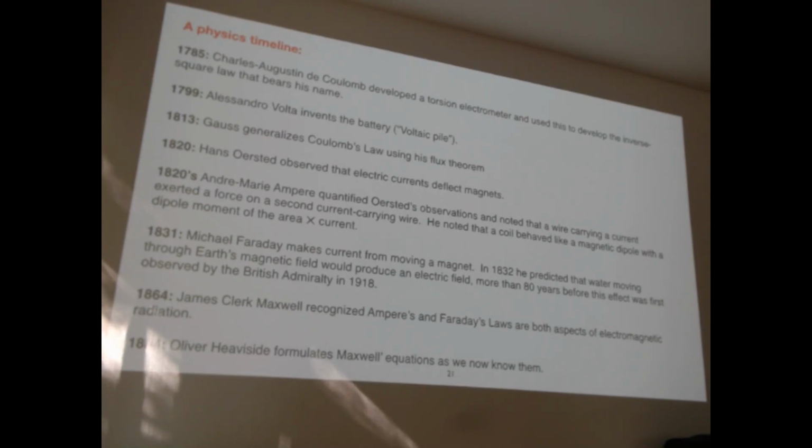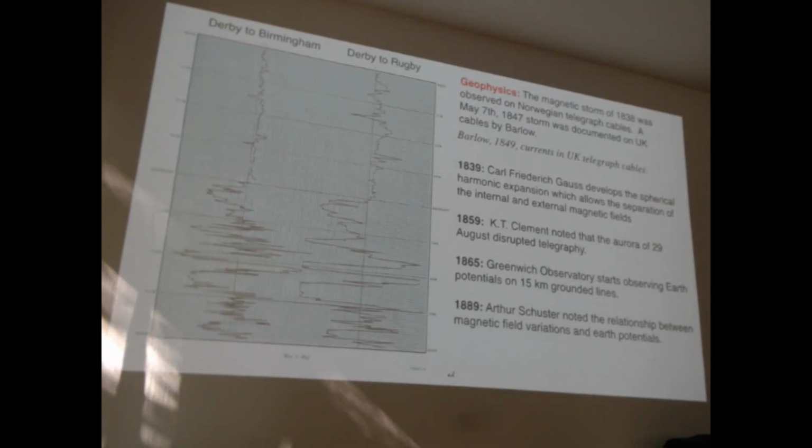And then the big name is Maxwell, James Clerk Maxwell from Edinburgh. He recognized that Ampere's law and Faraday's law were related, and he fiddled with the equations to create light, electromagnetic radiation in the vacuum, and that was a big thing. But what I like to remind people of is that what you understand as Maxwell's equations are, in fact, Oliver Heaviside's equations. So from a geophysics point of view in the history,